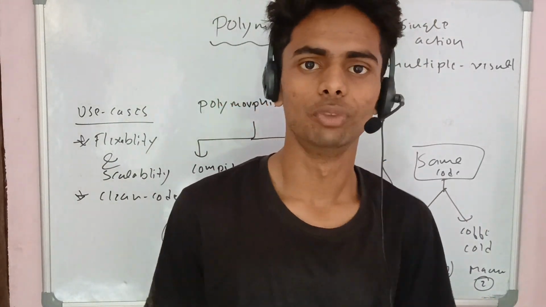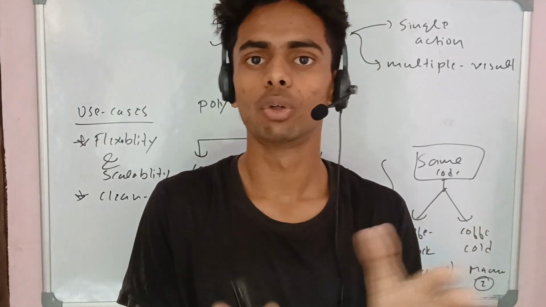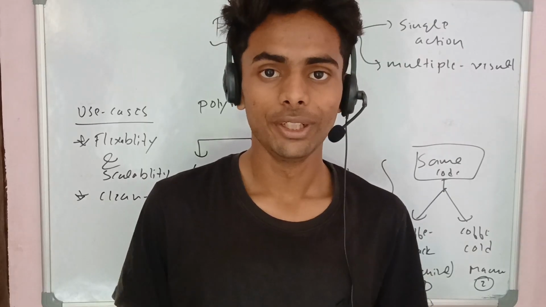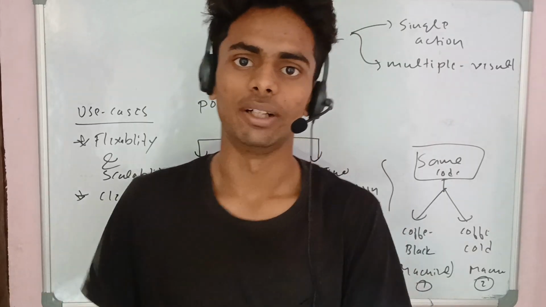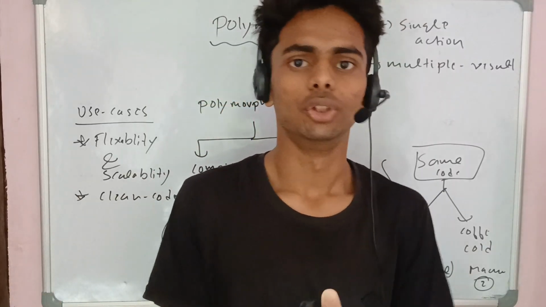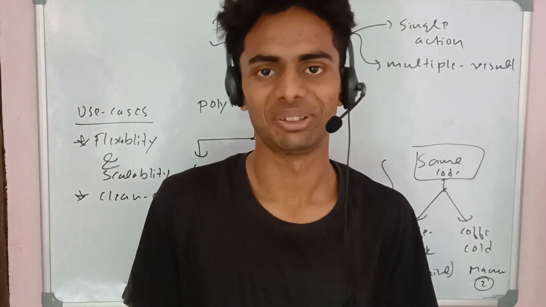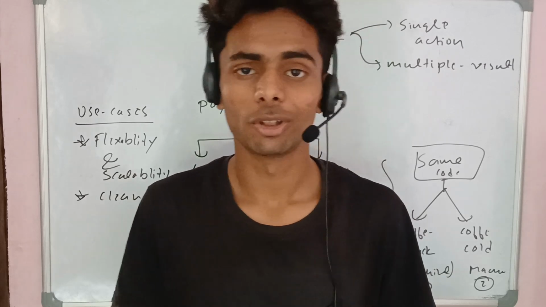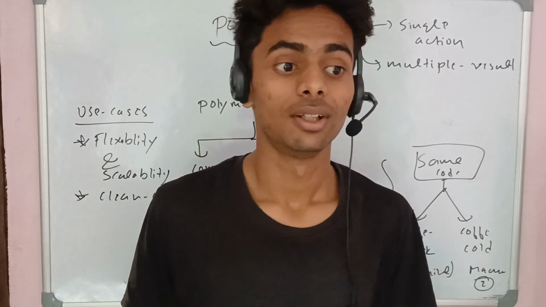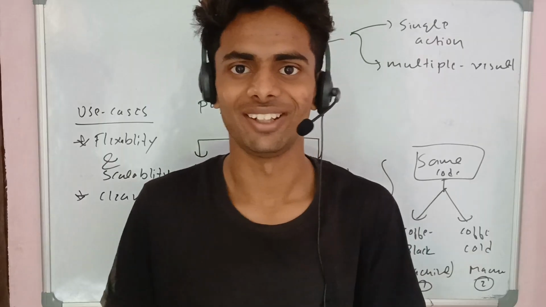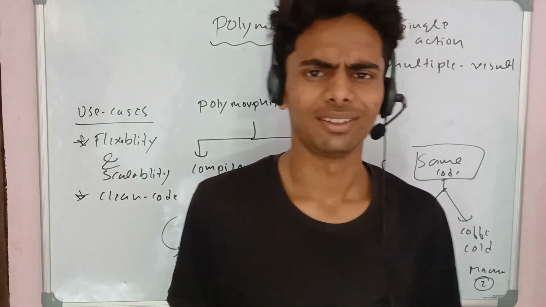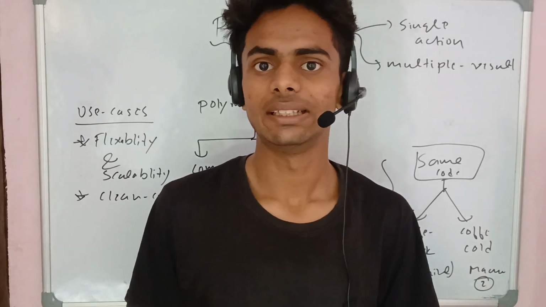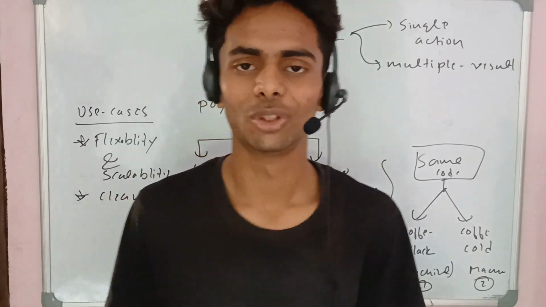OOPS is all about objects and classes. Here we try to make different objects to distribute the code across objects, parent, and child classes. But what happens if you need to call each child separately? Let's suppose you are in your home and you have three children, and you want to give them a toffee or a chocolate. What happens if you call them one by one instead of calling all of them simultaneously at once?